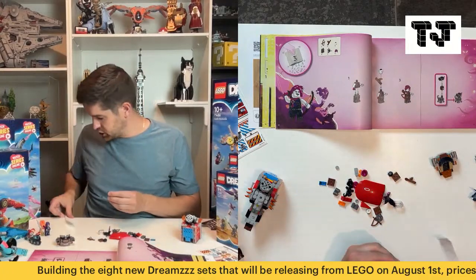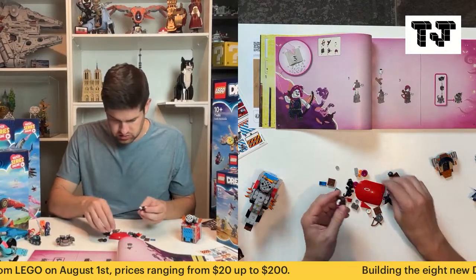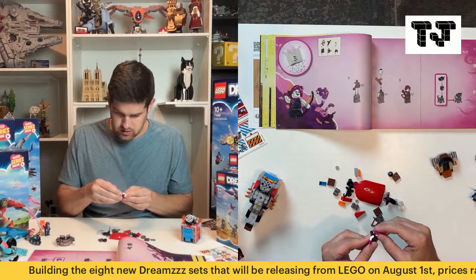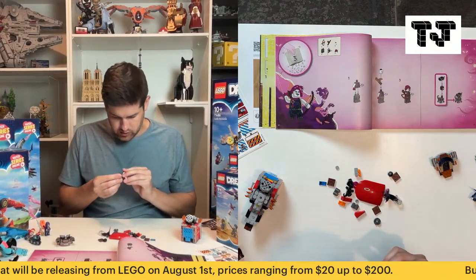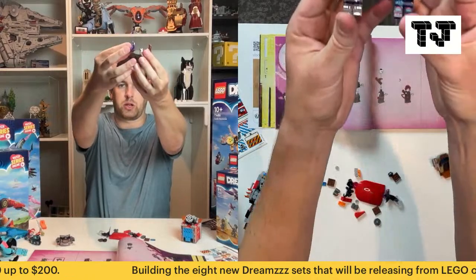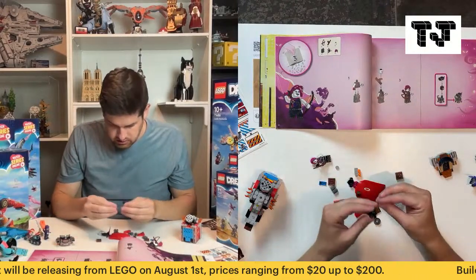Okay, now we got the evil version of Zoe. Doey. Or Dewey? I don't know. Is it Zooey and Dewey, or Zoe and Doey? She looks just like Zoe, except she's got a pale face and pink hair instead of purple hair. Oh, there we go. So there's our new little evil minifig. And we've got...